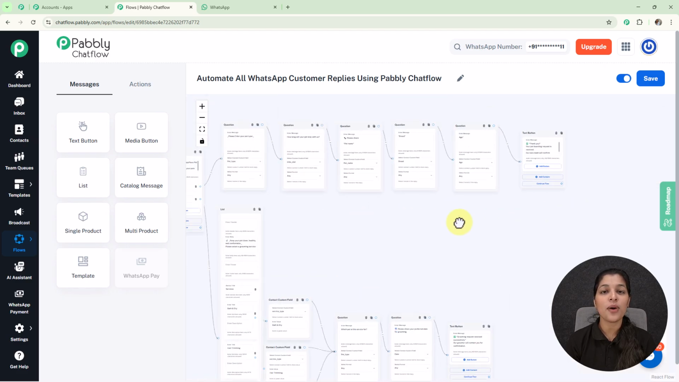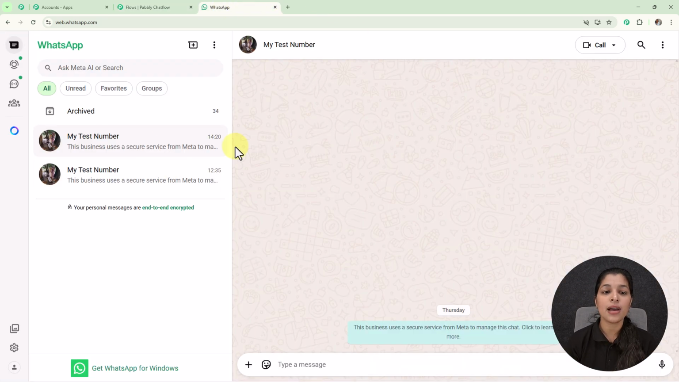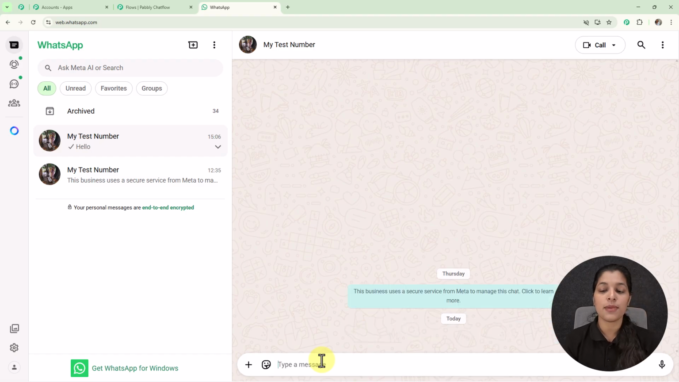So now let me show you how to create it, but before that let's test this WhatsApp chatbot which I have already built, so that you can understand it's working for your business too. So for that let's move on towards my WhatsApp, and here I'm going to send a message to my business number which is saved as my test number. So here I'm going to enter a message that is hello, and this message is going to initiate my WhatsApp